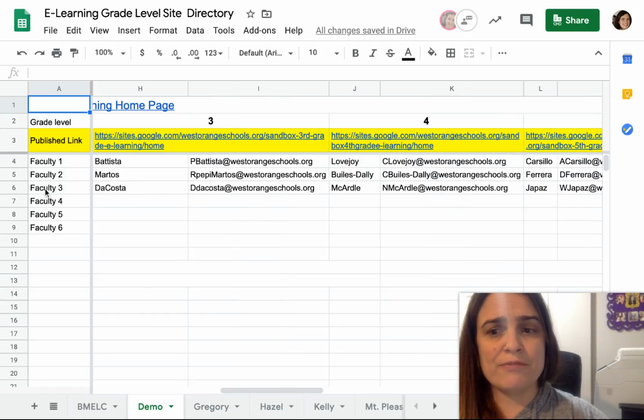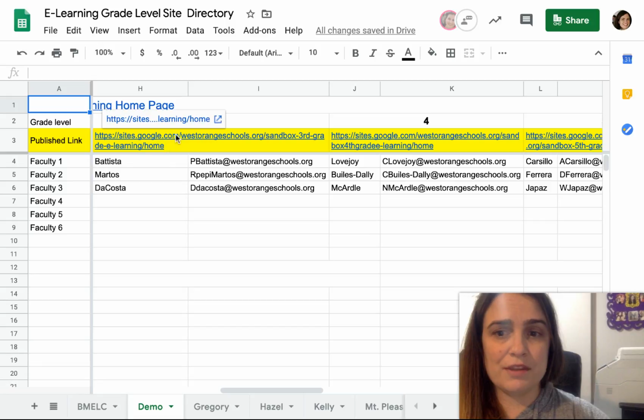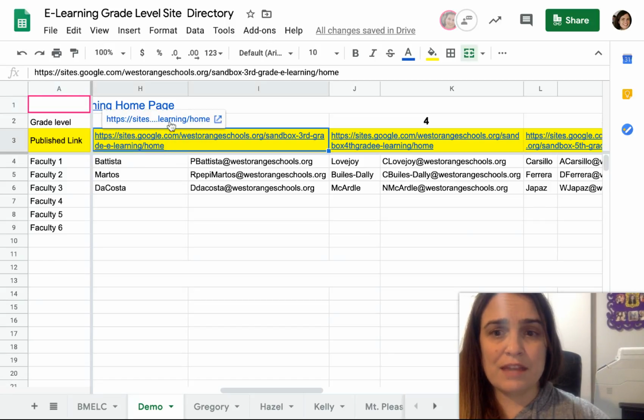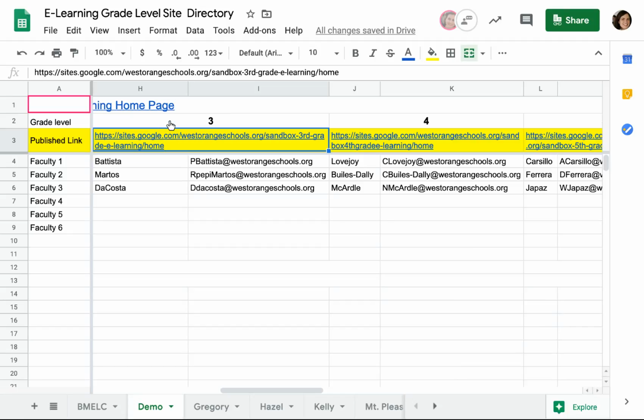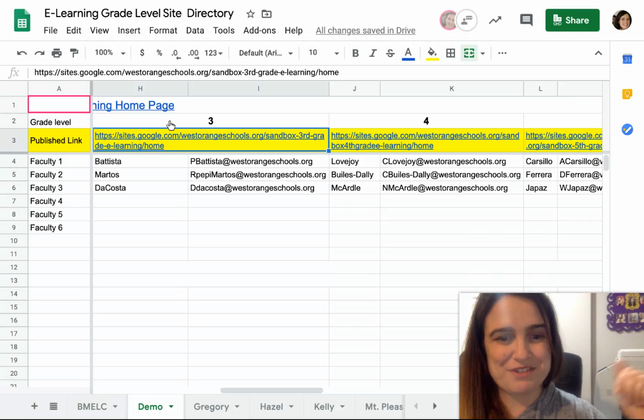So I am faculty member 3, and the link to my site is included on this row in the yellow box. So I'm going to click on the link, and there's a little pop-up. Click on that, and that is going to route me to another tab, which will bring me to my teacher site. More on that. Don't forget, your